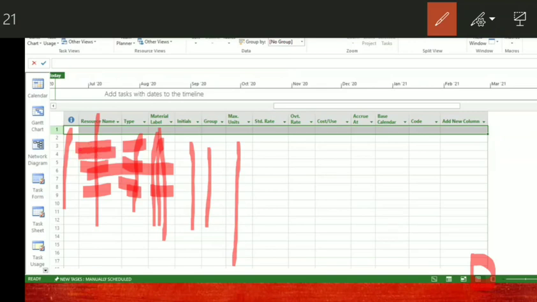Suppose it is a project manager, you have to mention the maximum units as 1, 2, whatever. If it is, for example, a dozer, you have to mention whether it is a single dozer or 2 dozers, whatever we are using for the work. So that is all about the maximum units.